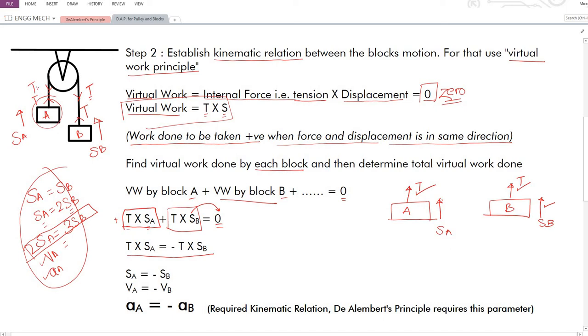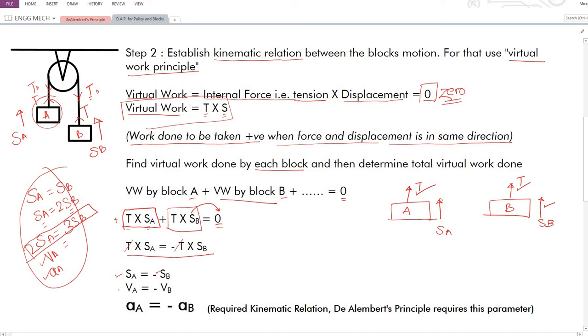It will never be TA, TB. It will not be like this. The value of tension throughout the string will be the same. It will be one value. Now we can clearly see we can cut this T over here like this. Thereby we are left with the displacement of block A is equal to the negative of the displacement of